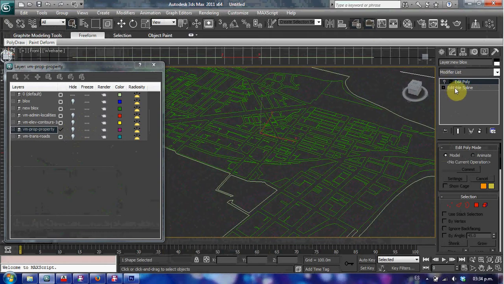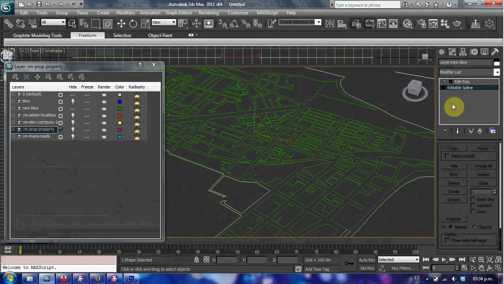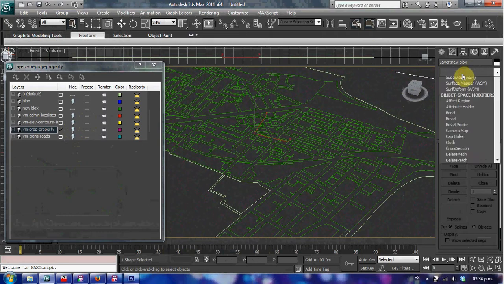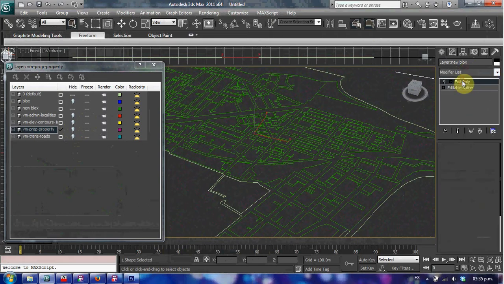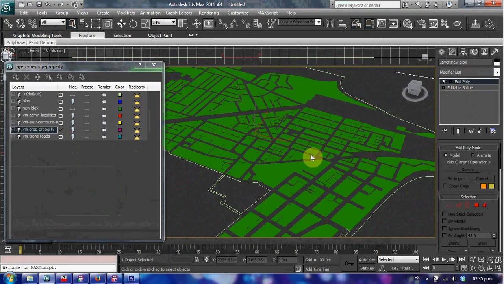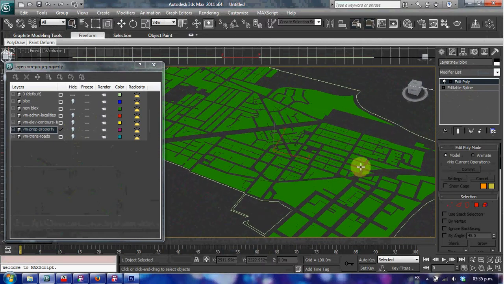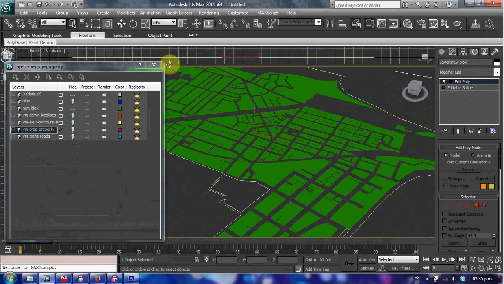So we have an editable spline here, and we turn it into an edit poly. We just go from this modifier menu into edit poly. We just look for it here, click on it, and it'll turn our editable spline into a mesh. And from here we can either extrude it